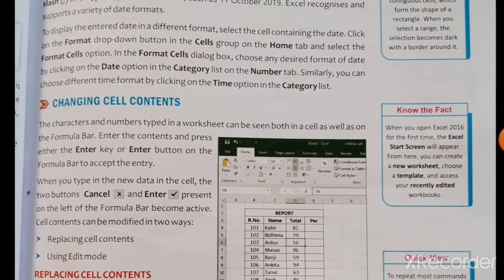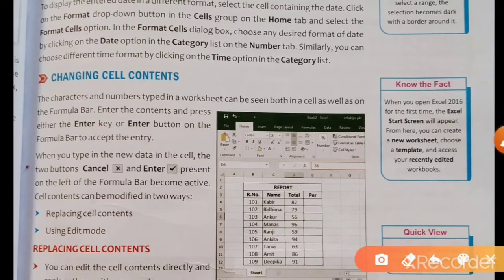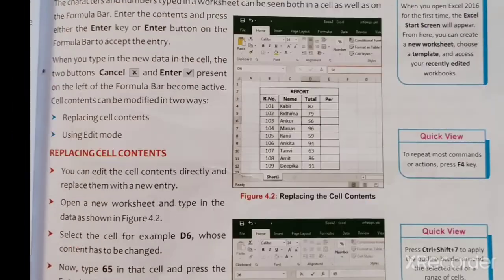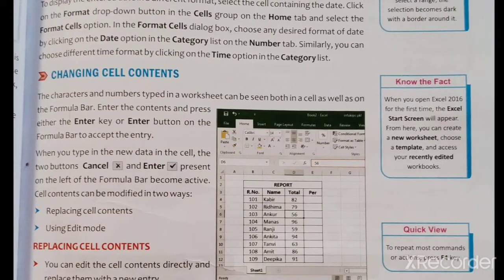Then students, we will be discussing the next topic, changing cell contents. Now this is a practical topic. We will be understanding this with the help of a practical module. I will show you practically how to change cell contents. So please, while watching the module practically, you have to keep your book open and page number 41 should be opened, and you can match the points also, right? So let us see how to change the cell contents.